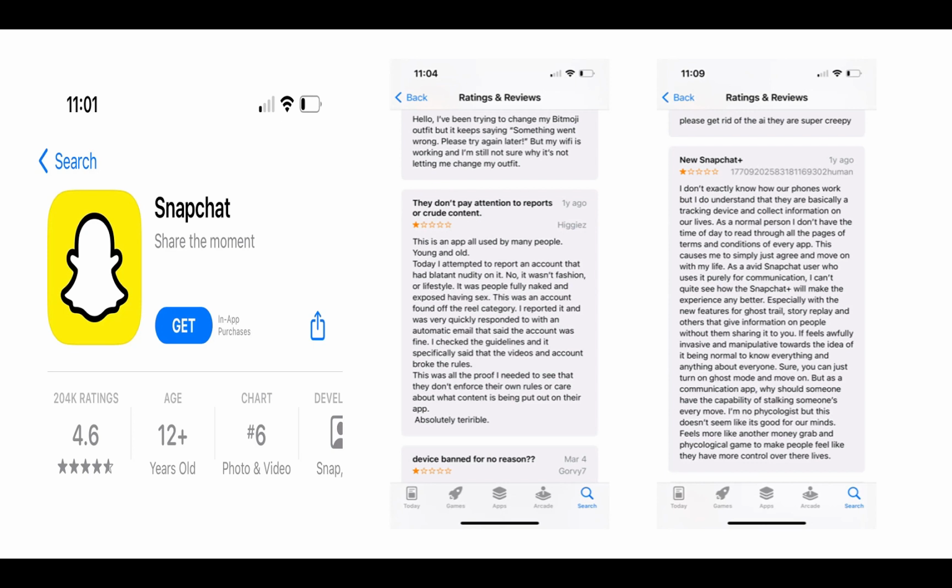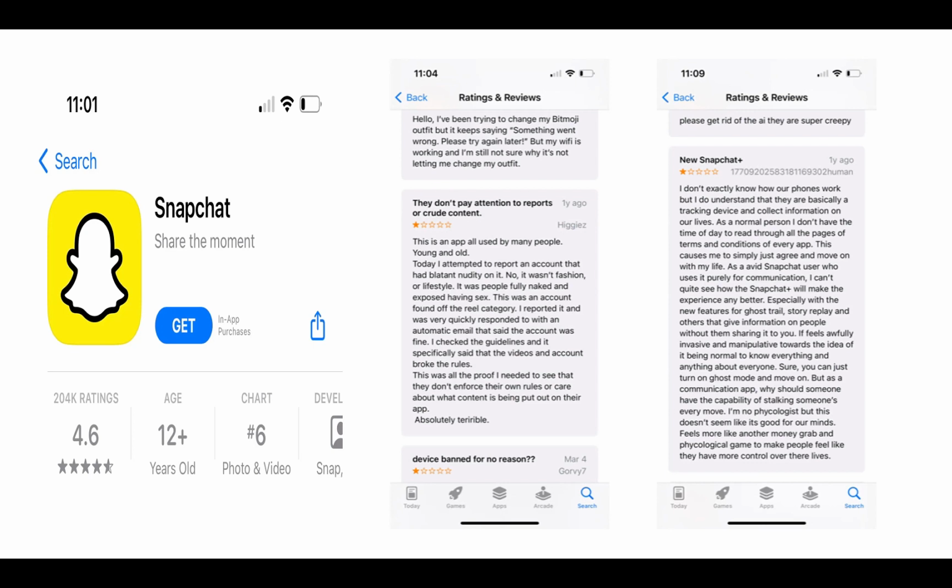When this app was downloaded, it was a free app. But later, what this one is complaining about is they have attached AI to it. So the AI is going to track whatever your kid is doing through this app. Whether you like it or not, you have to either delete the app completely to get over it, or accept it and let anybody come to your bedroom and see what you are doing. The AI is following all your activity, making an algorithm of you. At the time of downloading, it will not be there. But once you start using it, they are going to attach it, and you're not going to be able to do anything about it other than getting rid of it.